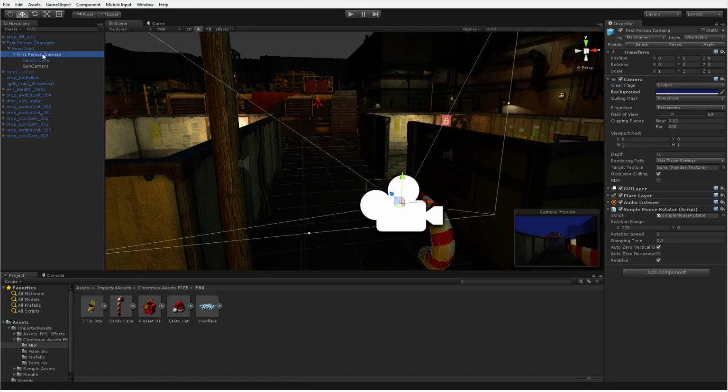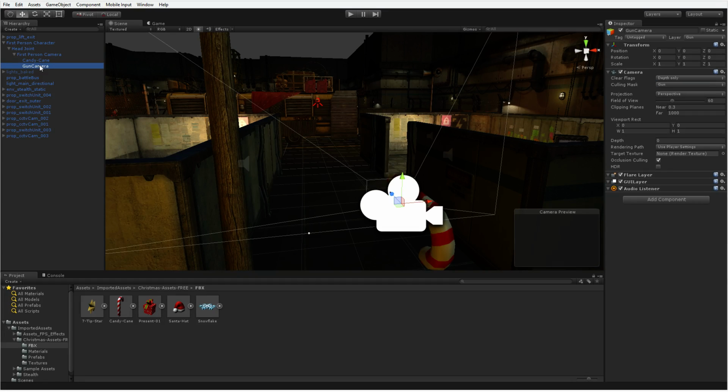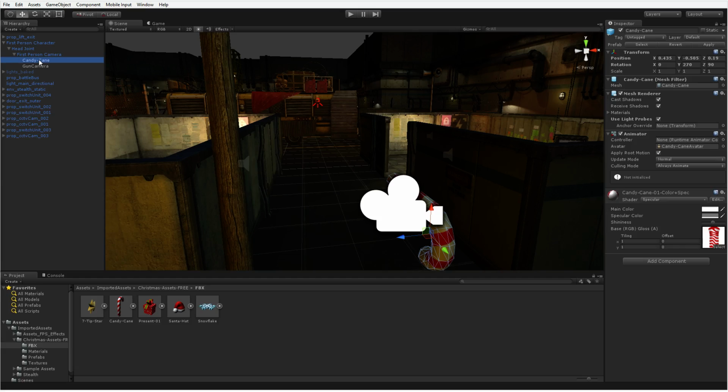Now let's go back to our other first-person camera and say, all right, if our new gun camera sees the gun, then this camera doesn't see everything. This camera sees everything but the gun. So this camera no longer can see the gun layer, and the other camera can only see the gun layer.